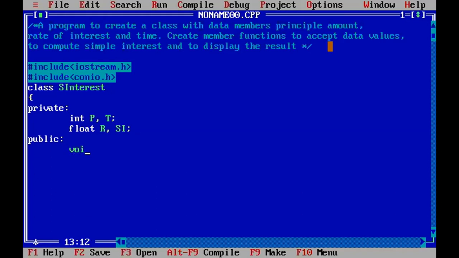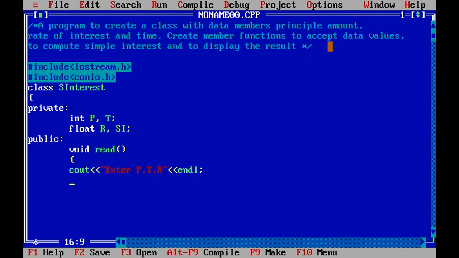So I'm going to use void and then specify read. I would like to read the principal amount, time and rate of interest, and I'm going to use the cout statement to display the message. Enter P, that's the principal amount, T, that's the time, and R, the rate of interest, and use endl so that the cursor will be moved to the next line.